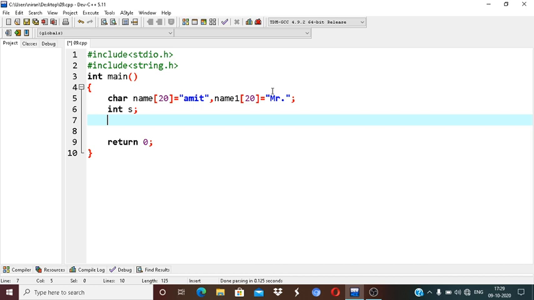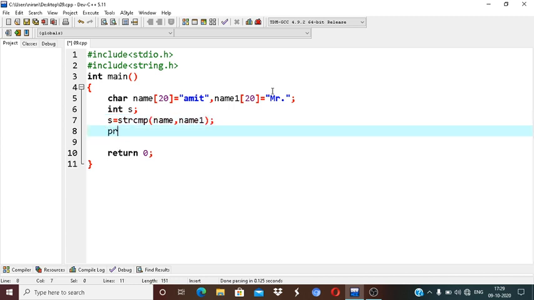So I can take an example for better understanding. I take an integer s, so s equal to strcmp of name, comma, name1.